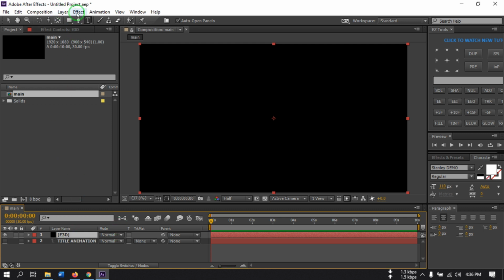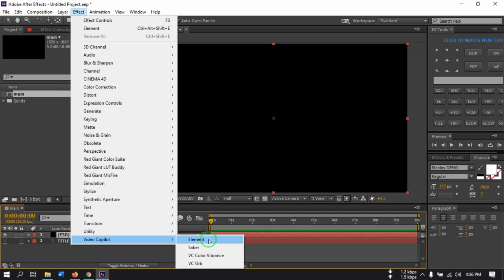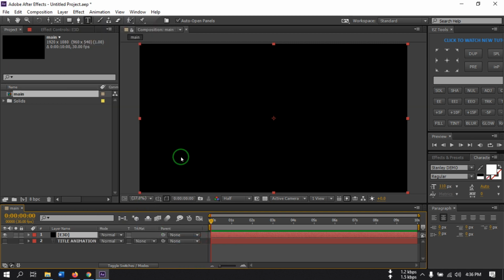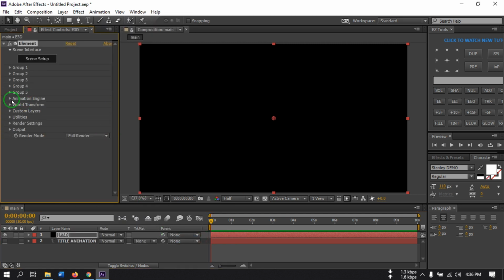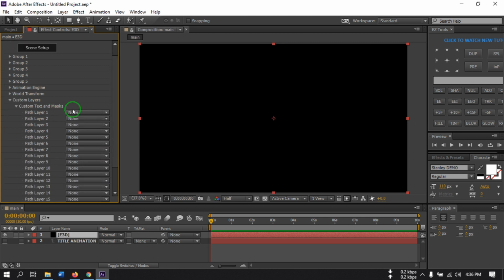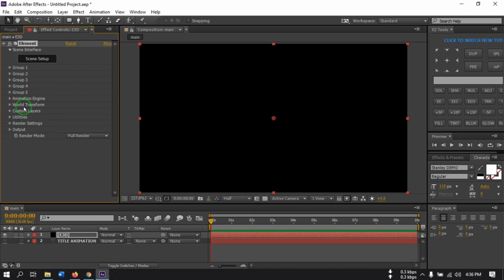Now you can go to effects and go to Video Copilot, then select Element, and from here go to customize layer, then select custom text and mask. From here select the title animation text. Now close this, then go to scene setup,